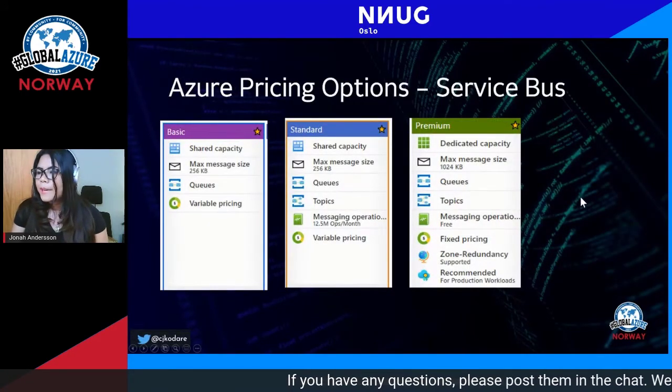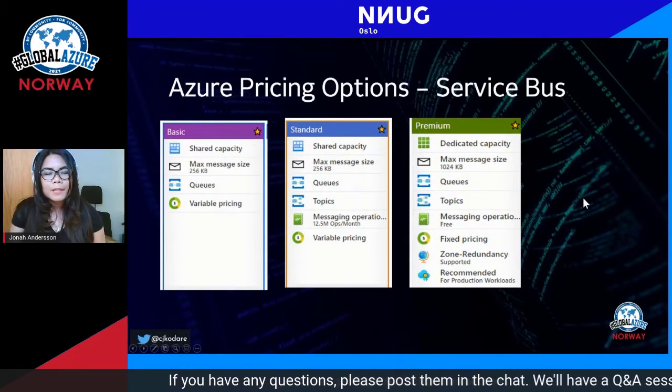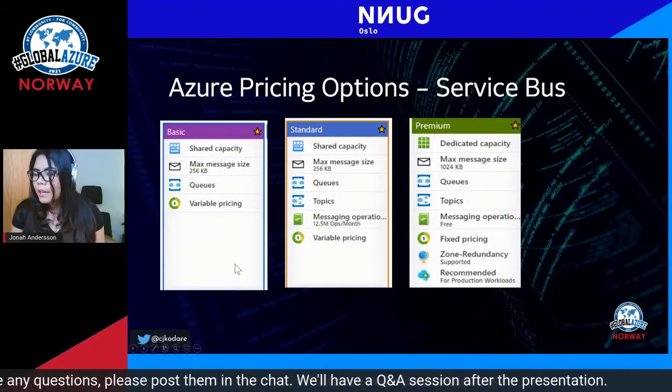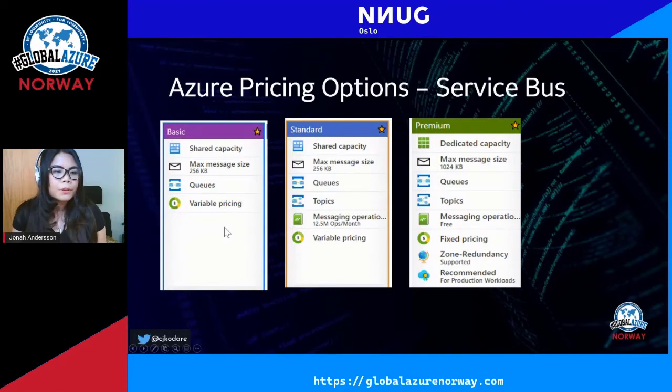And as for the basics, practical things like the pricing: when you set up an Azure Service Bus in Azure, we have three options: the basic, the standard, and the premium. Unfortunately, the basic is so basic you cannot do both the queues and the topic.